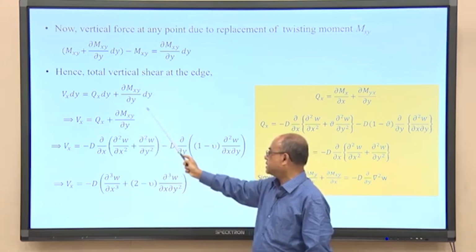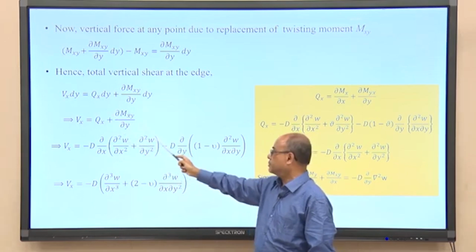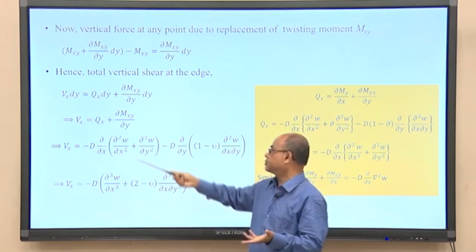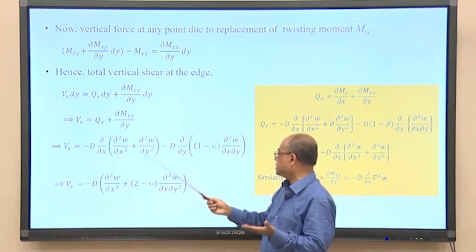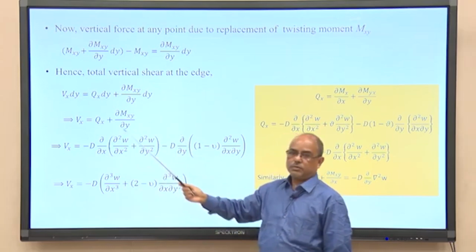So, this is the S shear force. Now, at the free edge, since there is no shear force acting, S shear is 0. So, V x will be 0 at the fixed end. Now, let us find out what is the